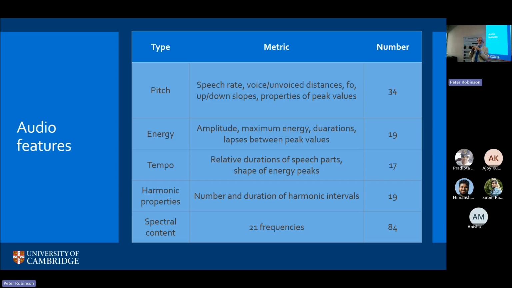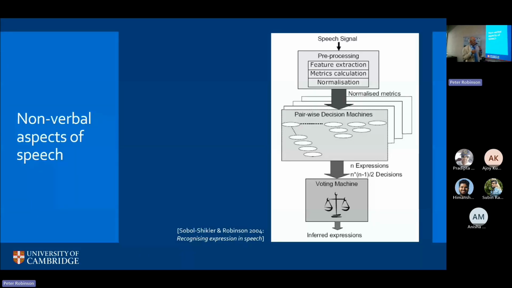And if you've got two different conditions, say anger and confusion, well, there'll be two or three different metrics that separate those. And if it's boredom and confusion, 2 or 3 metrics again. But so we can do a comparison between 2 conditions using 2 or 3 of these 170 metrics. Well, you do a sort of data mining operation to work out which metrics are the right ones to separate each pair, and you then have